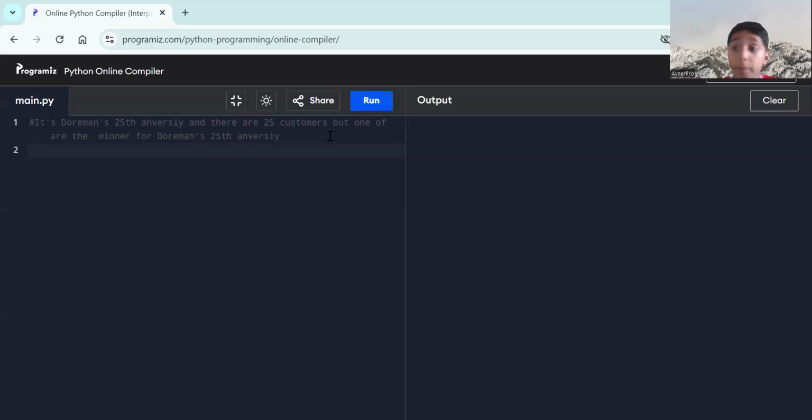Now we have to make a Python code for this. How do we do that? First of all, here's what we gotta do. Step 1: import random library. Step 2 is to use random